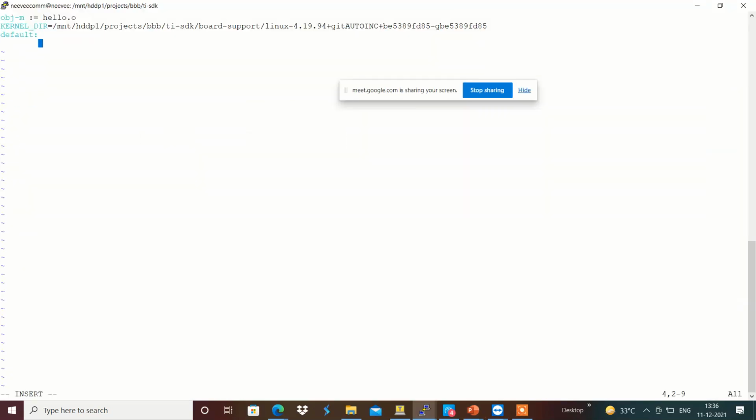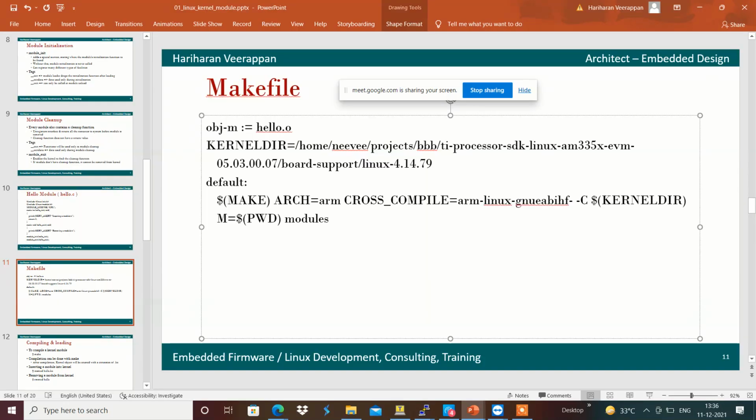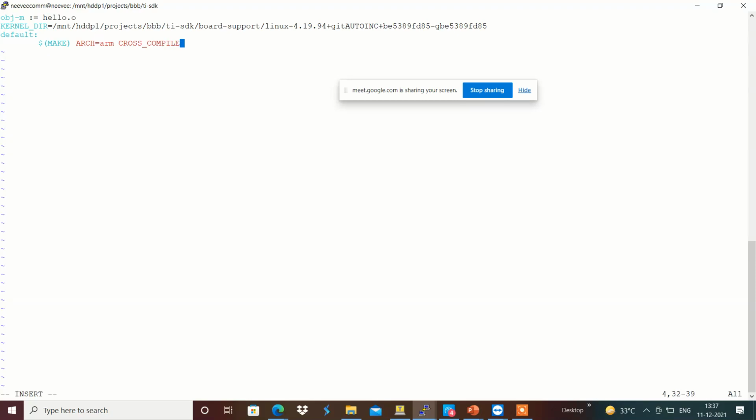For example, dollar of make, ARCH equal to arm, and CROSS_COMPILE equal to arm-linux-gnueabihf-gcc is the cross compiler over here, and -C $(KERNEL_DIR) is the kernel directory, and then I have M, which module it has to use.